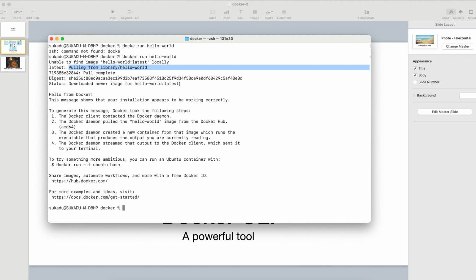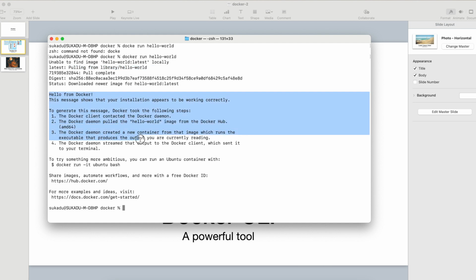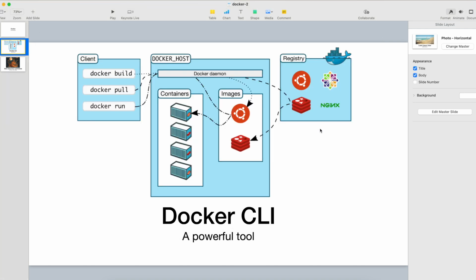So it pulled that image, and then it ran that specific image. So Docker run is a combination of two things: one is Docker pull and then Docker run. I want to quickly talk about this specific part. Where is this registry? Now this registry could be a public registry, could be a private registry, and then I